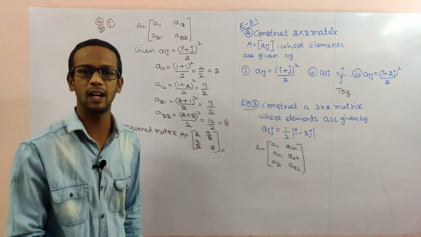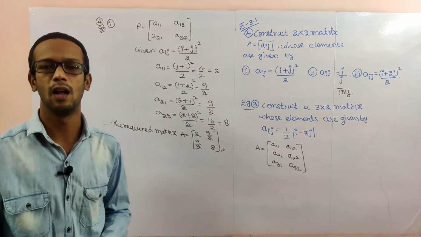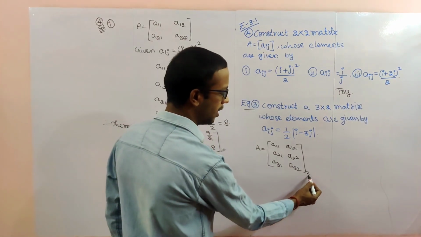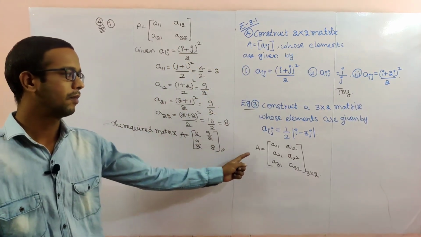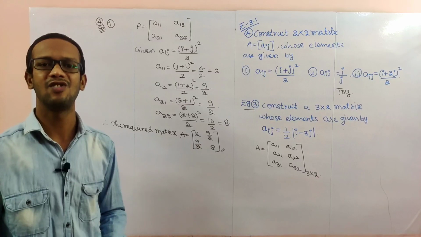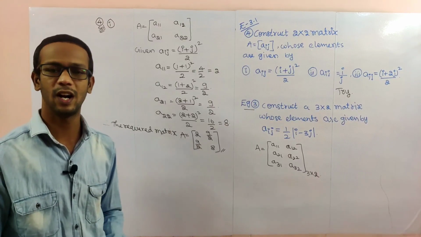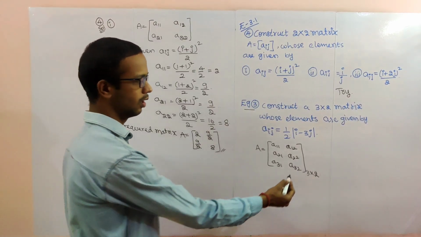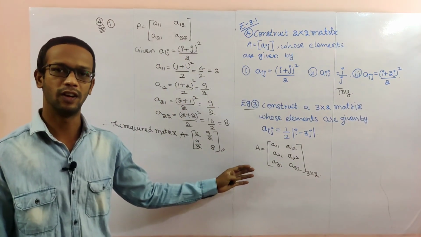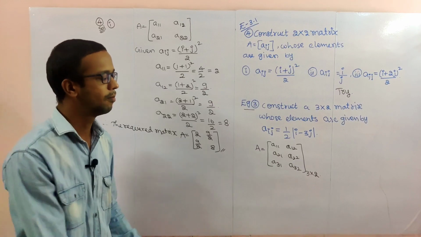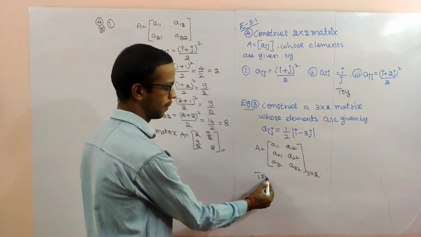So how many rows are there? 3 rows, 2 columns. This is the 3 by 2 general matrix. So the same condition is there for Aij. A11 means what? We have to substitute. This one is mod. Already I gave the solution in the notes. For this one also I wrote the solution. But try this yourself also.